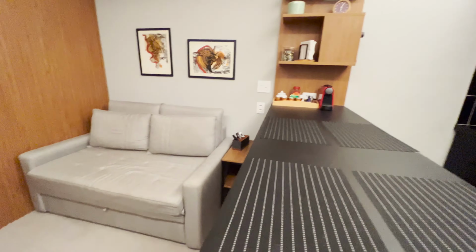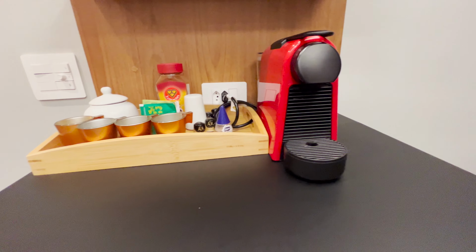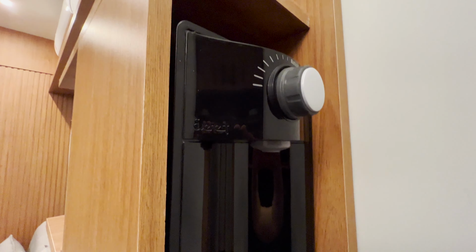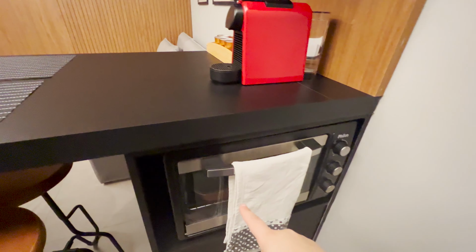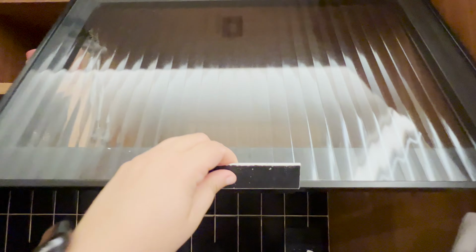I think you can have up to 4. You have this counter, the 4 people can sit. A little bit of a coffee maker, water dispenser, and a small oven here. So yeah, if you want any of that, you have microwave, you have, I think, yeah, it's the dishwasher dryer thing. So you could just